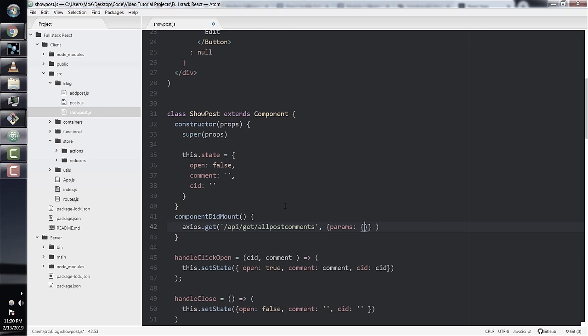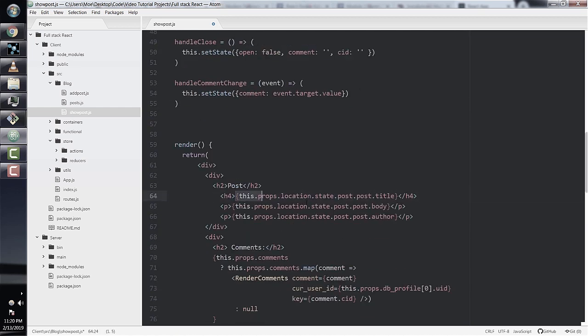And this params object will contain the post ID, which is again associated with every comment. And again, we saw this in the SQL section of how that's set up. So just refer back to that one if you're not sure. And remember, we have the entire